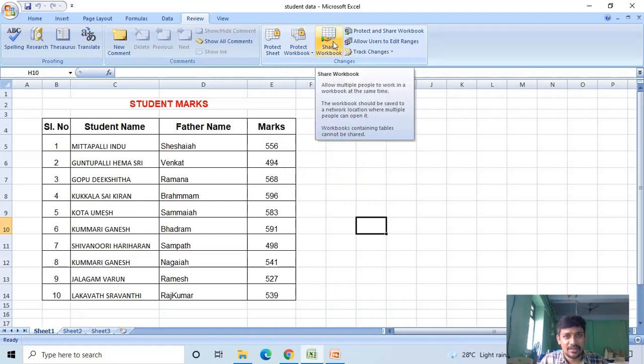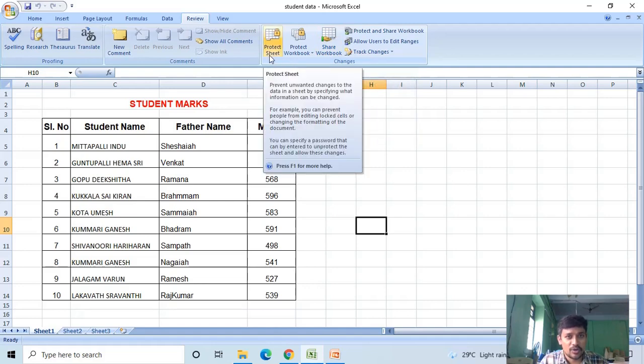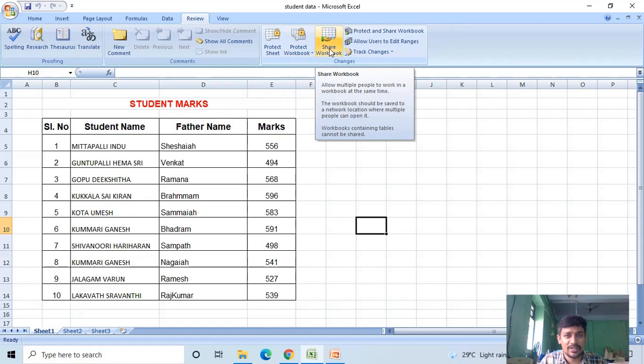Mainly, we have three buttons. One is Protect Sheet. To protect only one sheet, you can use this button. To protect the entire workbook, go to this second option. To share the workbook, we'll use this button.